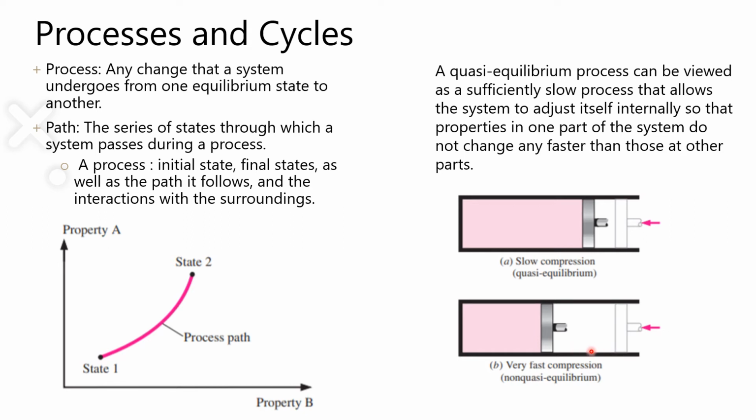When a gas in a piston-cylinder device is compressed suddenly, the molecules near the face of the piston do not have enough time to escape, and they will have to pile up in a small region in front of the piston, thus creating a high pressure region there. Because of this pressure difference, the system can no longer be said to be in equilibrium, and this makes the entire process non-quasi-equilibrium. However, if the piston is moved slowly, the molecules have sufficient time to redistribute